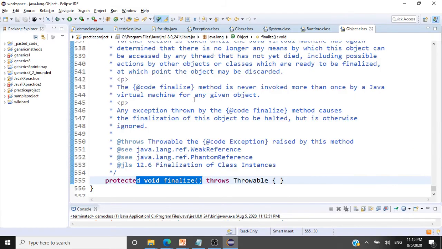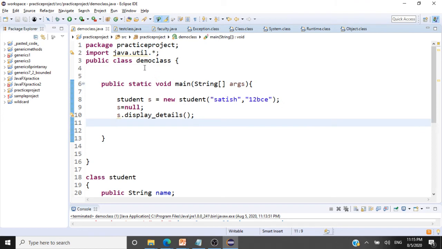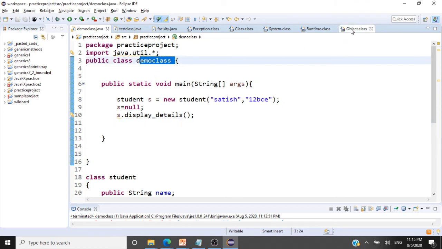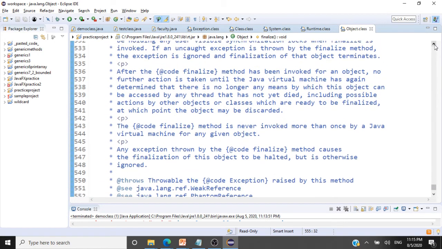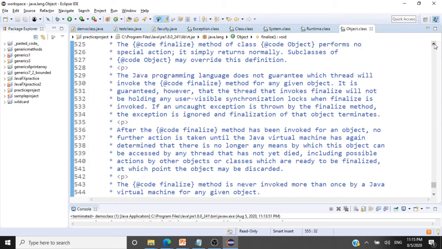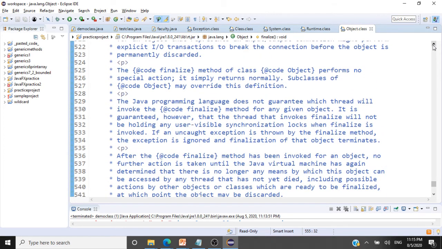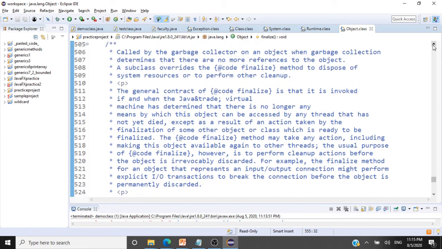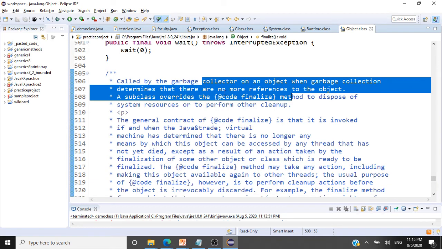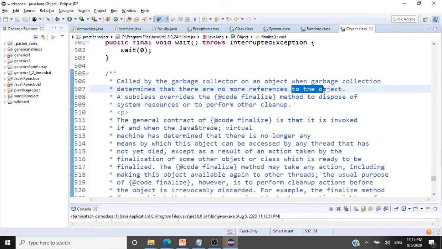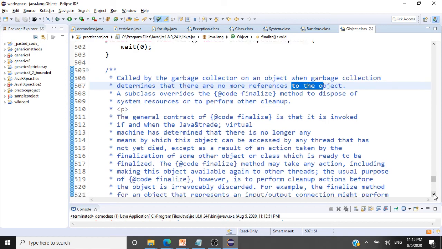So likewise, our class, for instance this DemoClass.java, also in turn inherits the Object class. And this Object class has the method void finalize. I told you what the use of this finalize method is. These are provided in the Java libraries. So we'll see what this finalize method is. The definition for the finalize method is also given here. It's called by the garbage collector on an object when garbage collection determines there are no more references to the object.